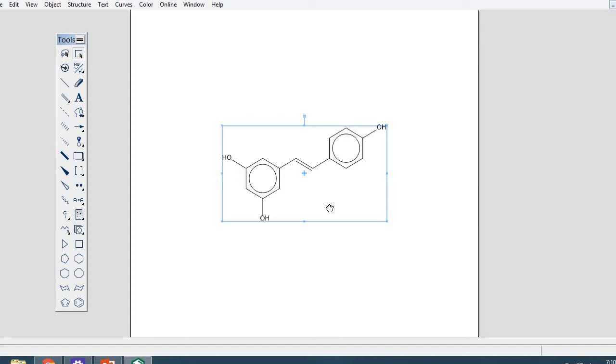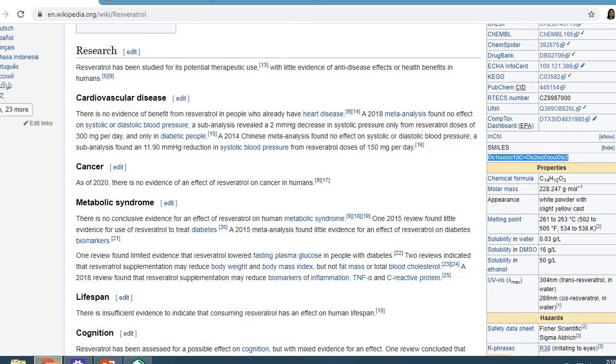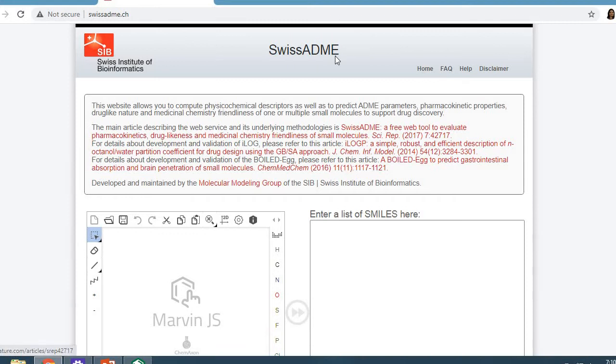Now another thing we can do is use a software. This is the software SwissADME, from the Swiss Institute of Bioinformatics.